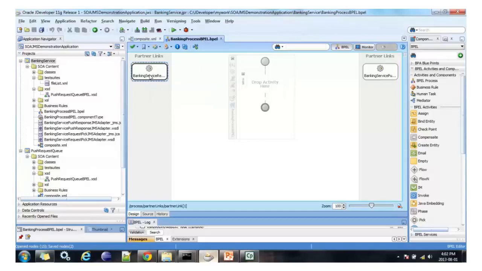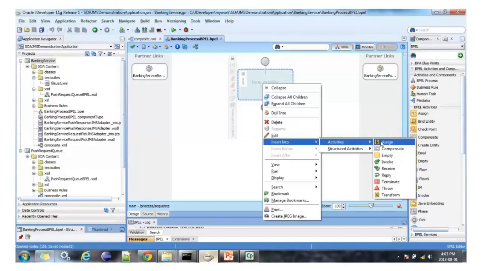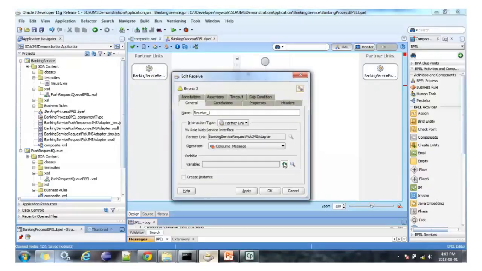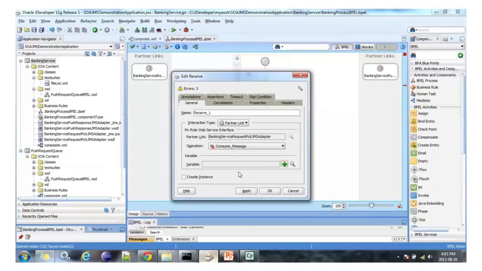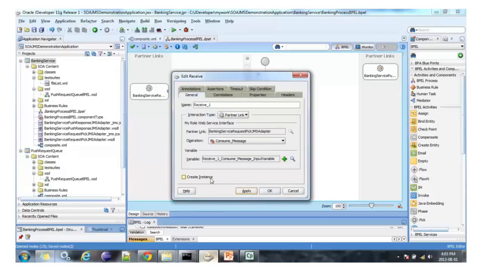Now this JMS adapter is going to give data to this BPL, and this BPL is going to give data to this JMS adapter. Now to pick up data from the first JMS adapter, let's configure a receive activity here, and let's link the receive activity to the first JMS adapter. Now when you open up the receive activity, you will see this interface. When you click on the green plus sign, it would automatically create an input variable which can take the data from this JMS adapter. Click on OK, apply,